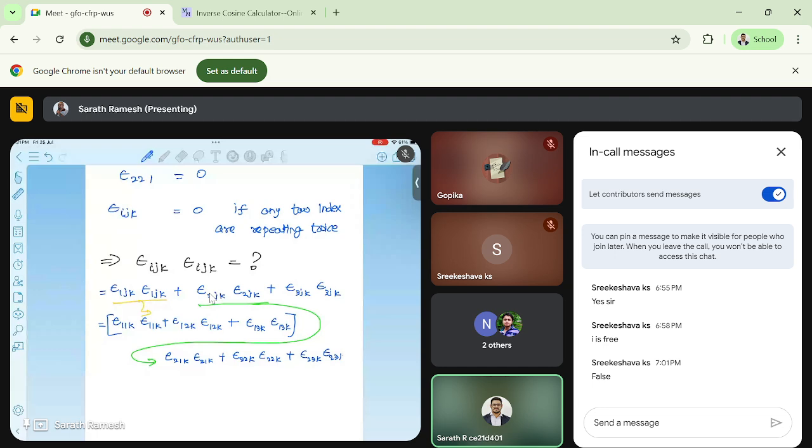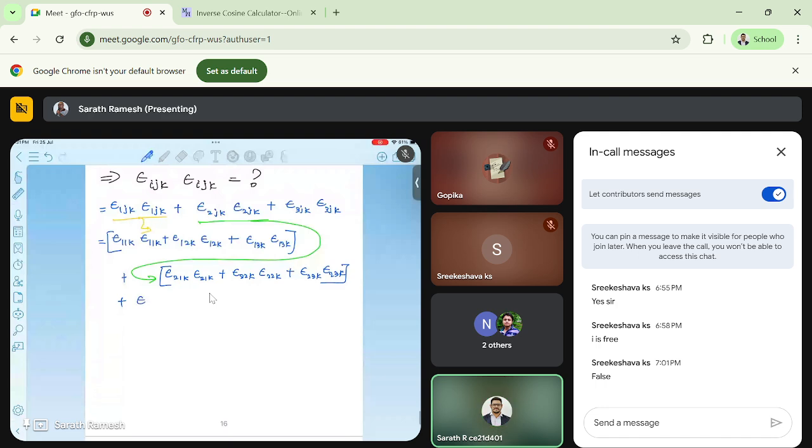Plus epsilon 31k epsilon 31k plus epsilon 32k epsilon 32k plus epsilon 33k epsilon 33k. Okay, now no need to put k because it will go again 3 into 3 into 3, a big number